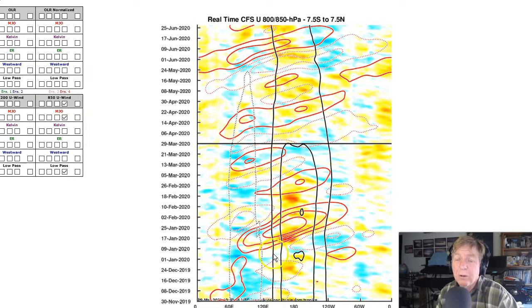So what is this? The solid contour is, and notice it's right over the Kelvin wave generation area. It's like a low-pressure bias, right? And one would think, okay, well, that's supportive of El Nino, but notice the second contour is fading today. We go into this even weaker pattern where it's just a single contour. Now, we'll take this. It's better than having high pressure over the Kelvin wave generation area because that is certainly